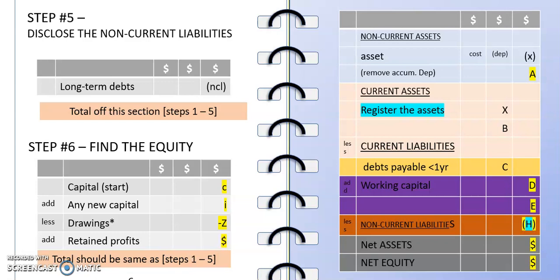Because in a sole tradership, for example, you don't have to share the profits. So all the profits will go into this equity. But if it was a partnership, as I said, then you have to treat it differently, as we will see in another lesson. All right, so that's it for the